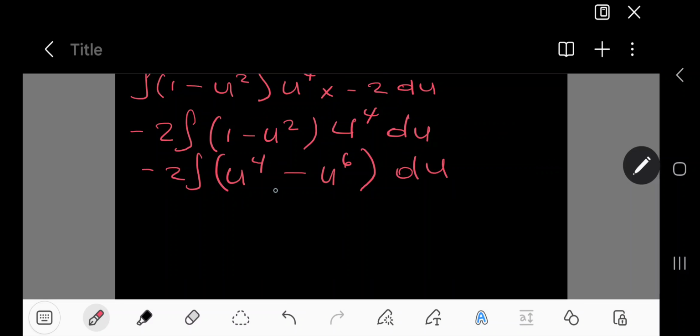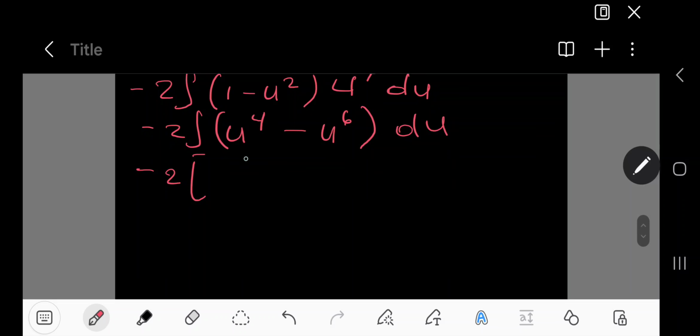Du. Now we can integrate this. Minus 2, open the brackets, so this becomes u raised to 5 over 5, and this becomes u raised to 7 over 7